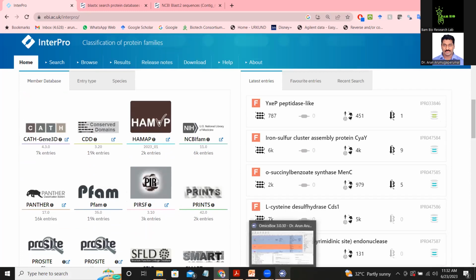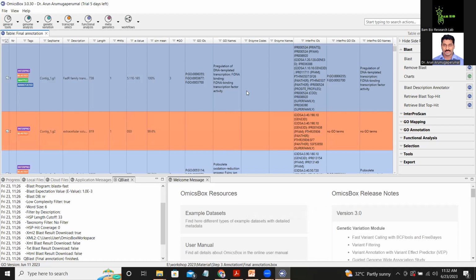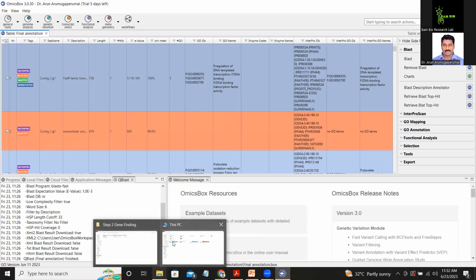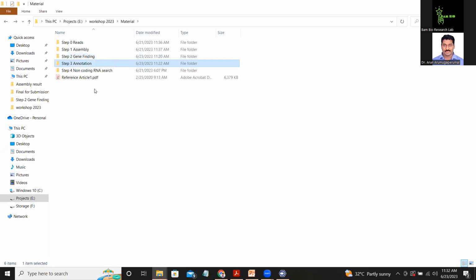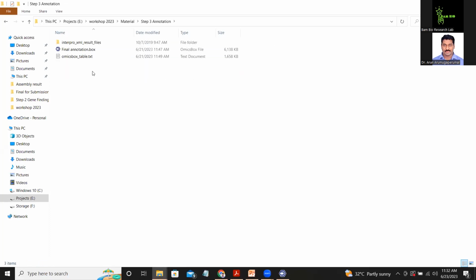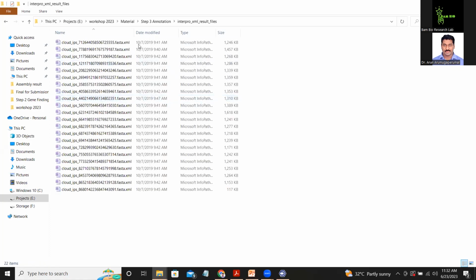But in the case of this OmicsBox software, it is automatic. Similarly, you can download the results in XML format. I have given you some results in the annotation folder. If you are loading the sequences, you can go to that InterPro XML file, and a few result files I have